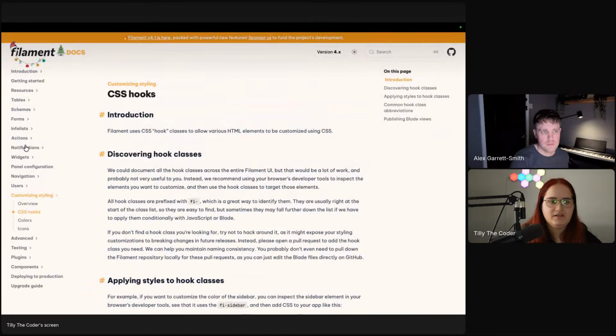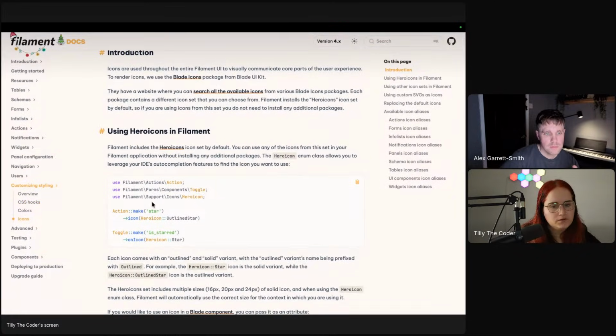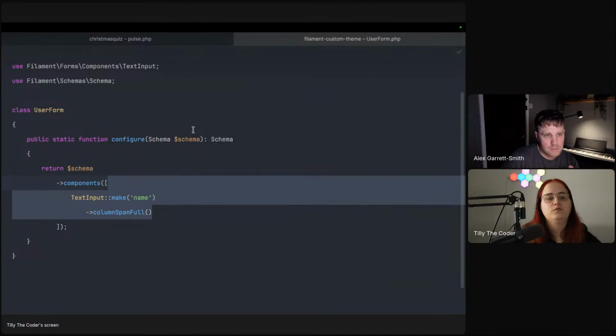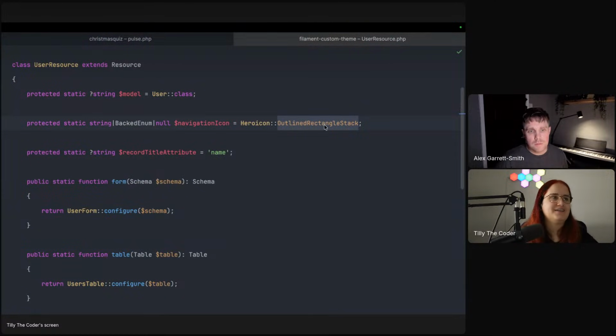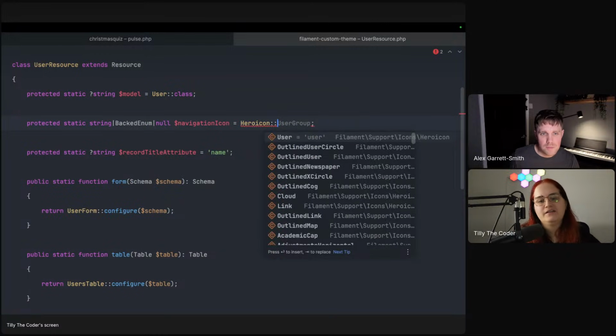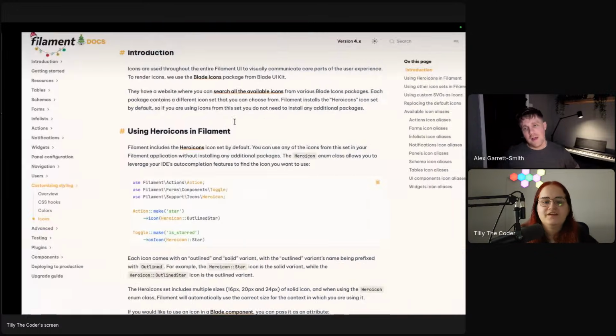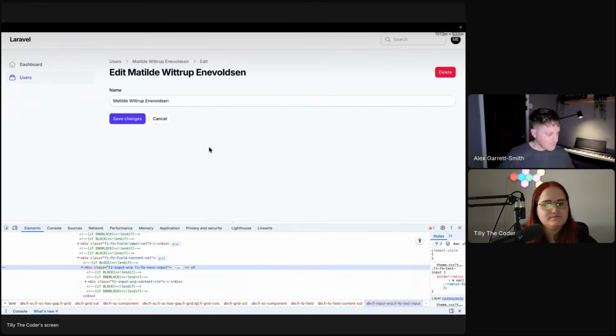on the same page, and you can even look at how you could use Heroicons, which is quite an interesting one. So if you wanted to change this icon, before you had to actually kind of guess or look up online what the icon was called. You have to put the text in. They added in a helper class this time, so you can go ahead and just have in, for example, outlined user circle. And if I take a look now in here,